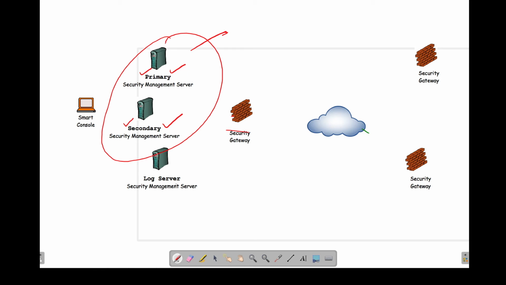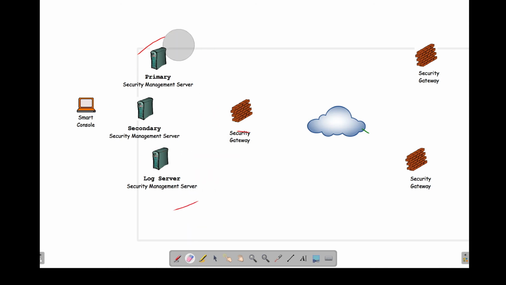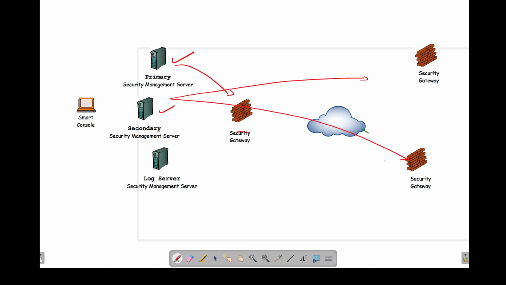You can also keep one management server only for logging, called a log server. For example, with highly productive networks, we can make the two management servers, primary and secondary, give the policies to the firewalls and also monitor the firewalls.